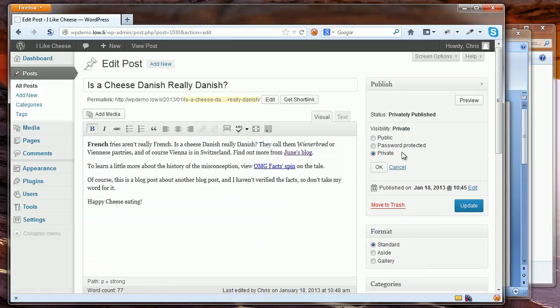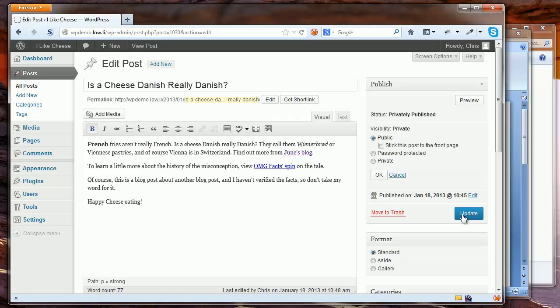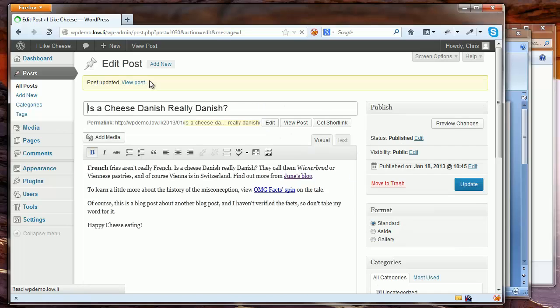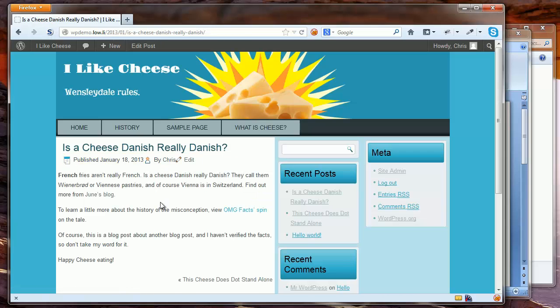Make the post visible again by changing the visibility to public. Then publish or update as appropriate. View the post. In a standard WordPress install, posts differ from pages in that the author, time, and date of first publication show just below the title. If you are adding old content from a previous website to a new WordPress infrastructure, you